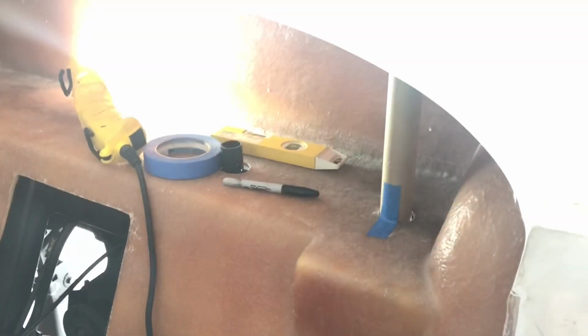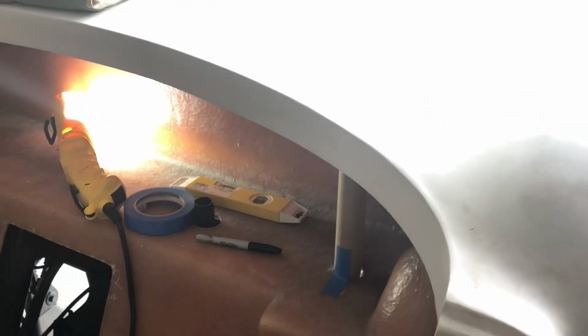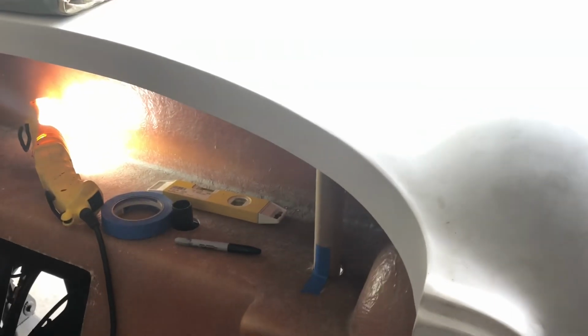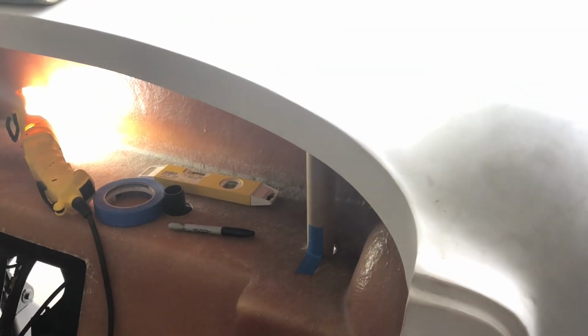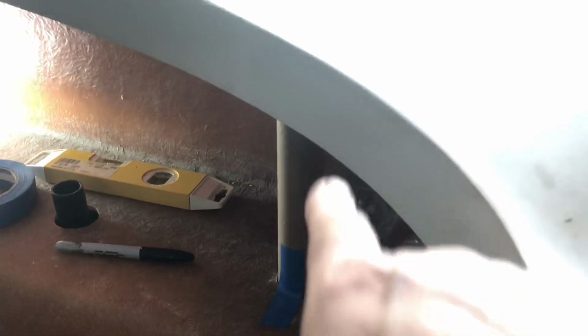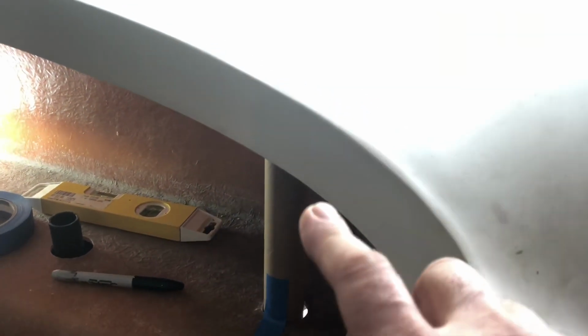All right, so taking the plunge, getting ready to drill the top here for the roll bar. And, it's a little bit of anxiety involved. I've only got the one body here. It's an orphan. I don't want to have to do fiberglass work to it if I get this wrong. Now, the instructions say to use a cardboard tube. You could use, if you had a nice one from a roll of paper towels,